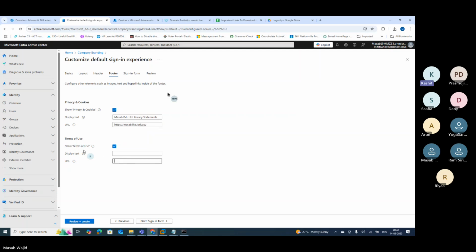Now terms and condition. So then text Masab private limited terms and condition. URL instead of privacy. These are not valid URLs, guys. But in production, you have to have a valid URL so that your employee can click on that and read those websites. Terms. I'm just randomly giving the URL. Now, next,